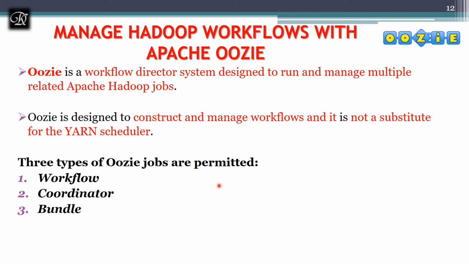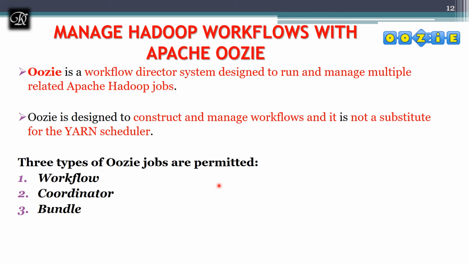The second one is a coordinator, a scheduled workflow job that can run at various time intervals or when the data becomes available. For relating, I'm taking the term trigger. You might have heard about triggers in SQL. When some data comes, that trigger is initialized and a certain task happens. Similar to that, the coordinator is going to run the workflow on the basis of some data availability or some event.